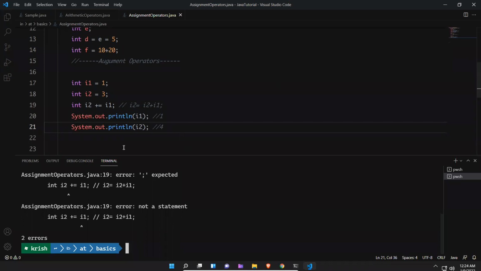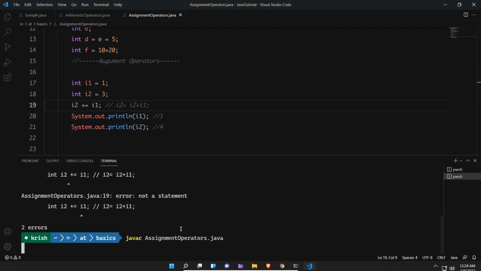So this is the advantage if you use an IDE, here only you'll come to know. But if you do it like this, you'll come to know why I'm getting the error. So int I2, again int I2, you cannot use the same variable name multiple times. I need to remove this int. So now I'll say I2 plus equals I1, means I2 is 3. And now this time it will execute.